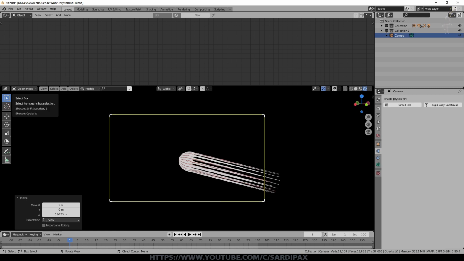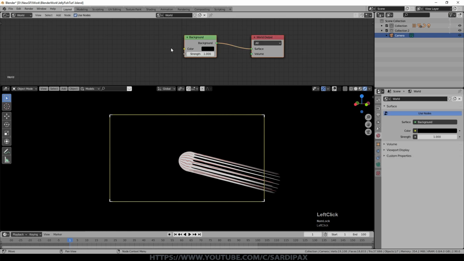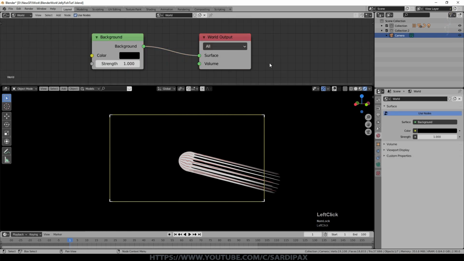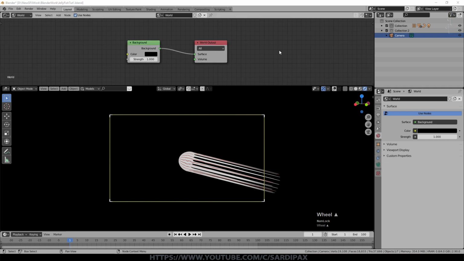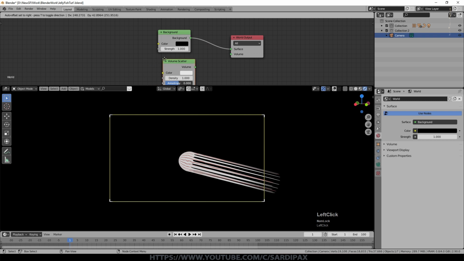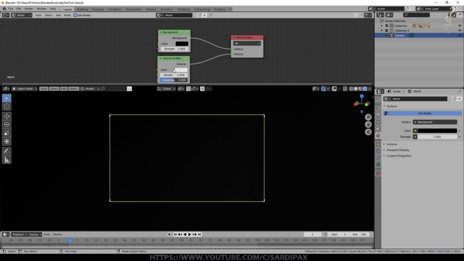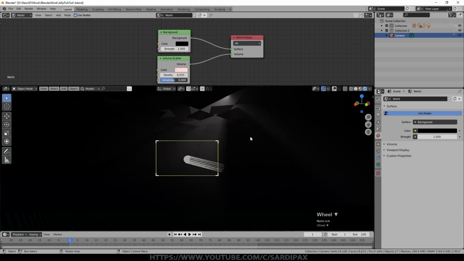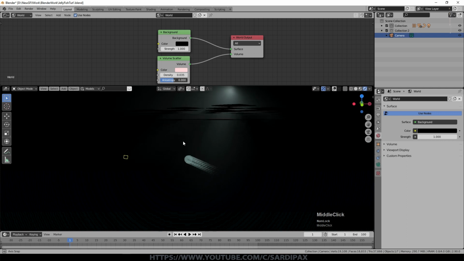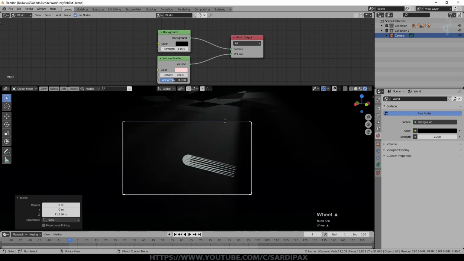And what I want to do now is go to world under my shaders and say use nodes. Once we've selected use nodes, we can see what we've got set for the background at the moment, which is just simple black color. I'm going to add another node under shaders, which is volume scatter. Connect that into the volume input. That's very important. Everything will go black at first, and then set the density. I use 0.035. Now you can see we've already got a little bit of God rays going on. So I give it a very slight pinkish color, so you can start to see we're getting our sort of God rays produced here. And now what we need to do is animate them.